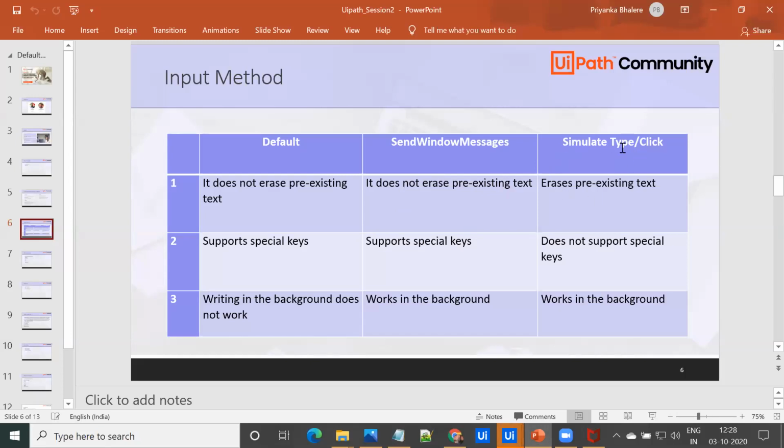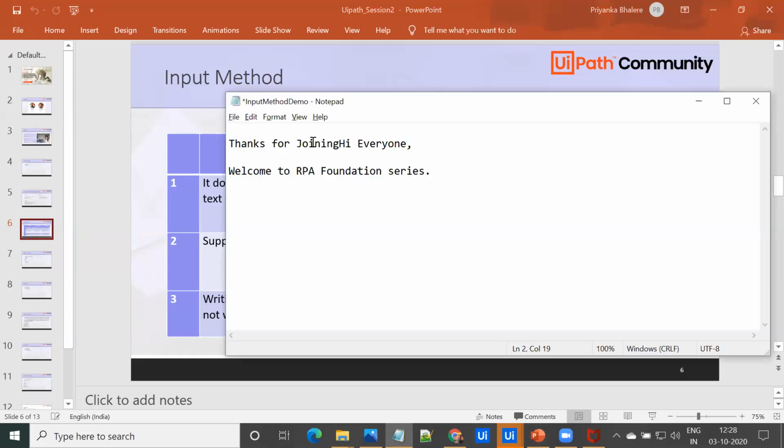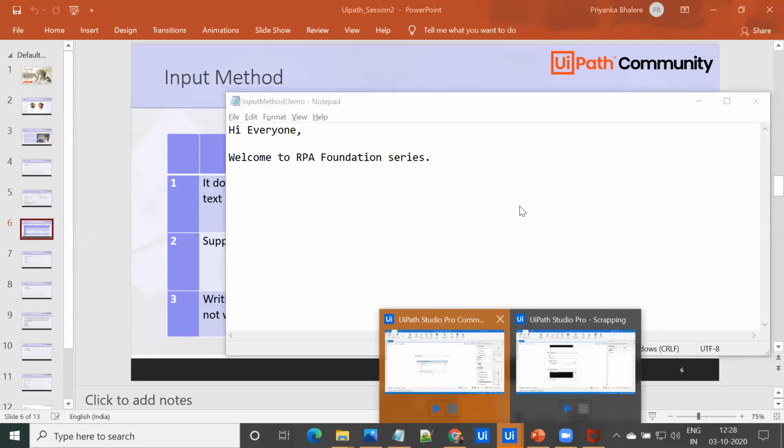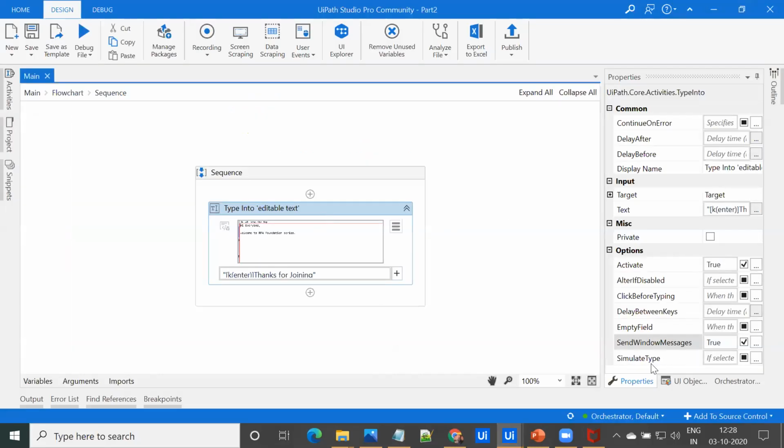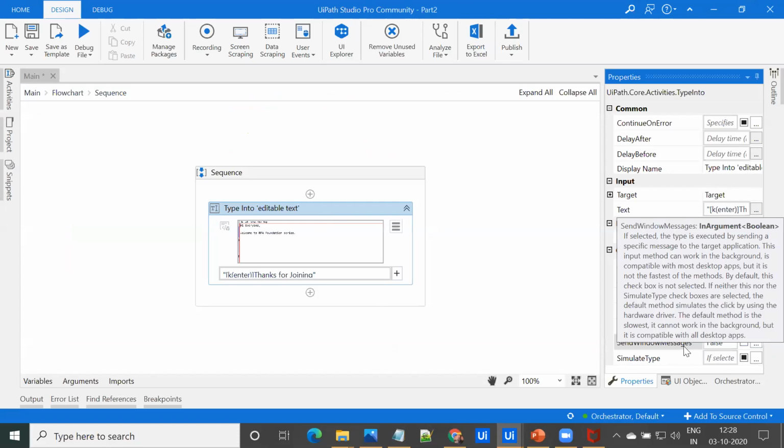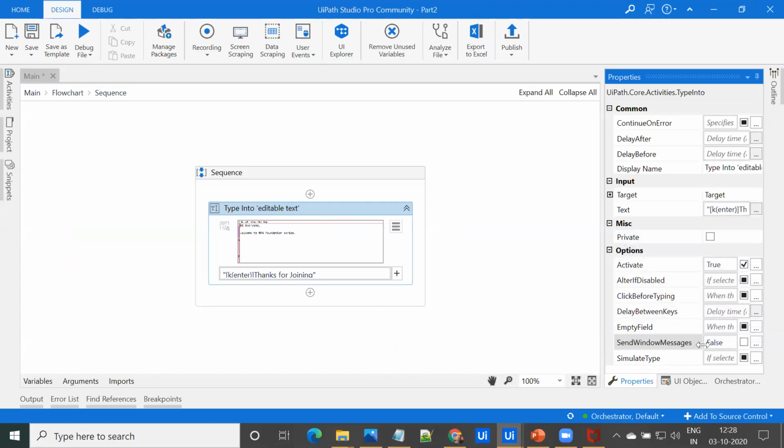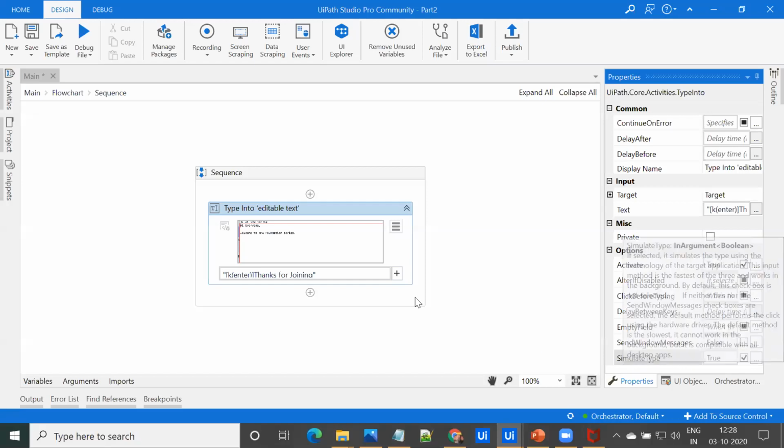So for simulate type or click, it erases the pre-existing text and it does not support the special key. Suppose I'm again preserving the format and let's see the demo. To enable it, I'm going to make this flag false for send window messages and true for simulate type or click, so that simulate type input method will get enabled.